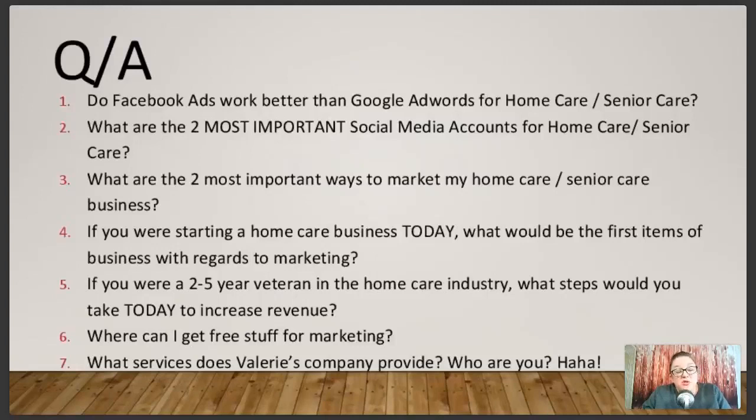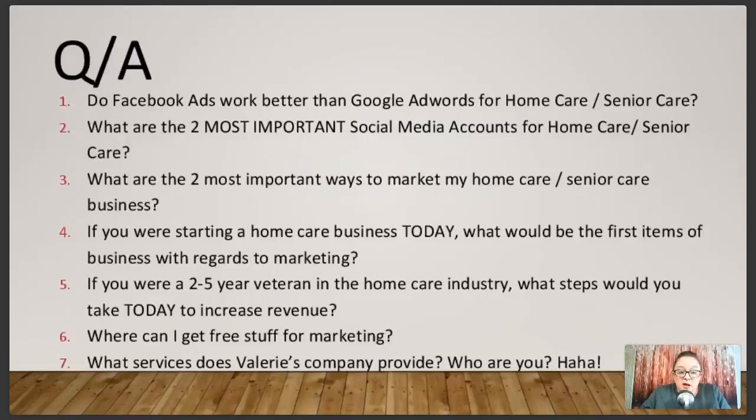But there's also a percentage of those people who are only Medicaid qualified, and if you don't take Medicaid, that's not going to work. So I would table the Google AdWords. I wouldn't use systems like Reach Local. I wouldn't use Yodel. I wouldn't use any of those. They all will tell you that they can get a better result. I've had many, many conversations with professional AdWords folks, and there are just a select few out there that understand the home care industry. So be very careful with that.